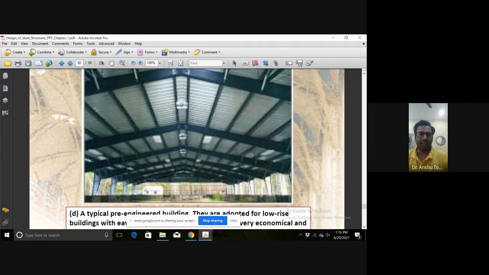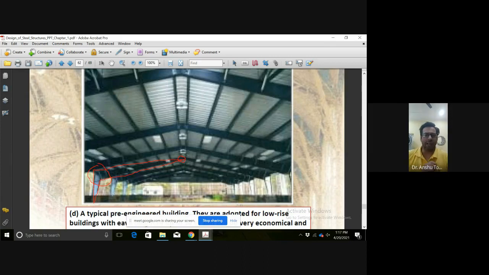Now this cannot be done by any other material, neither with wood, nor with masonry, nor with concrete. It is only possible with structural steel. You can see what the cross section is here. It is so high in moment of inertia. You can see it is a tapered section. It is increasing at the end. It is minimum here and it is maximum here.